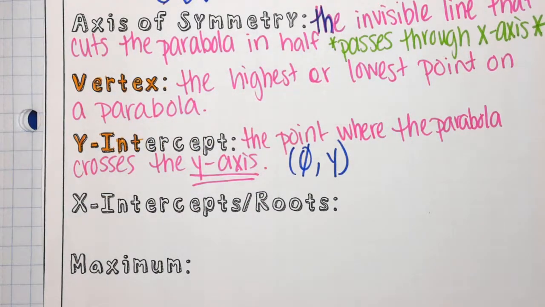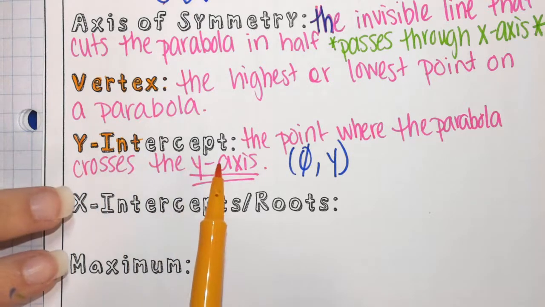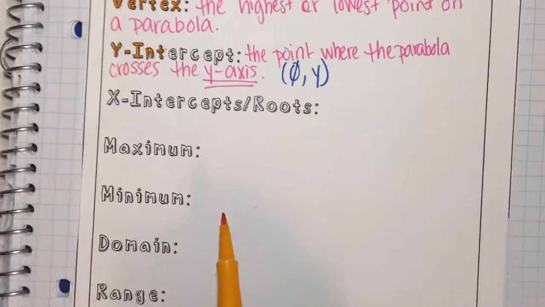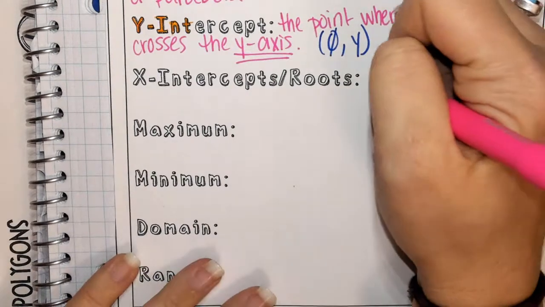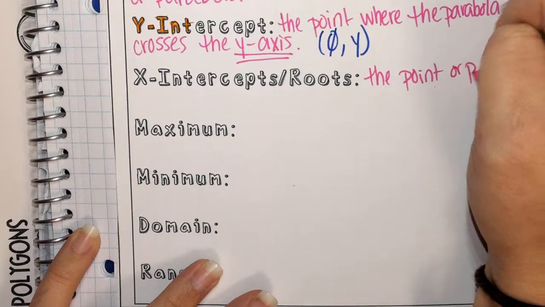Intercept, roots. Something that crosses. Okay, if the y-intercept crosses the y-axis, what does the x-intercept cross? The x-axis. So it is the point or points